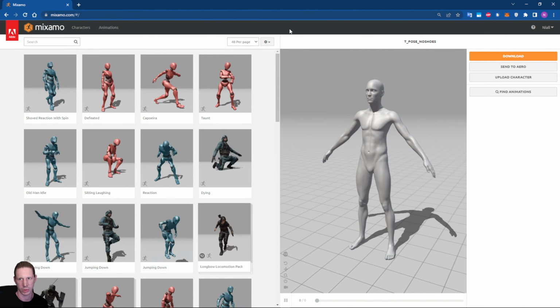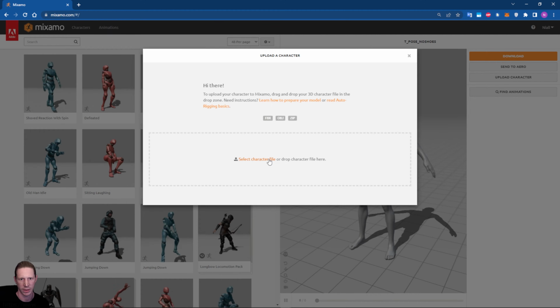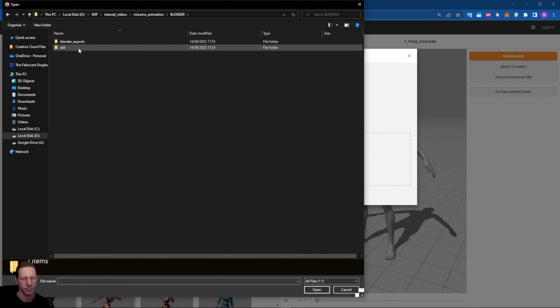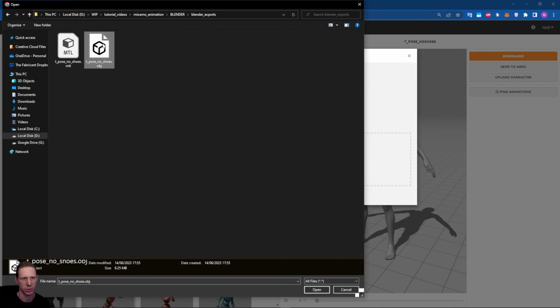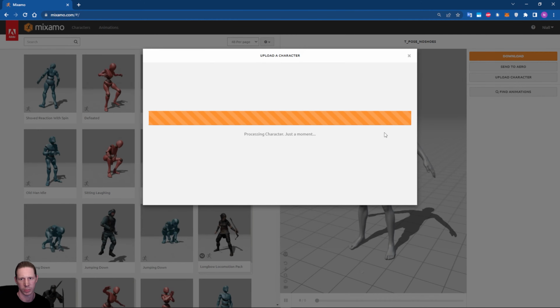Make an account for Mixamo. You need to make an account and sign in, and then we can go from there. So here I am all signed into Mixamo. I've already uploaded my character, but I'll show you how we do this again. So select a character file. I'm going to go to my Blender folder for my exports and just choose this T-posed avatar. Click open, and then this is just going to upload